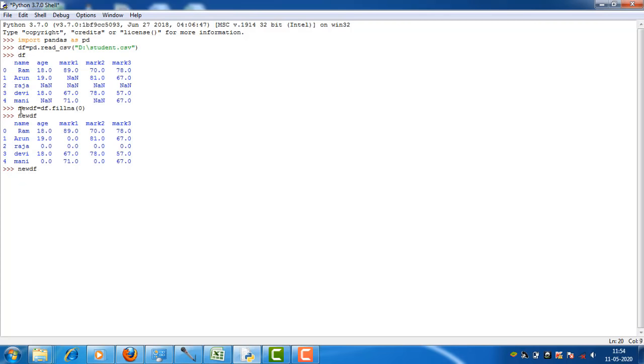So new df is equal to df dot fillna, method is equal to ffill.